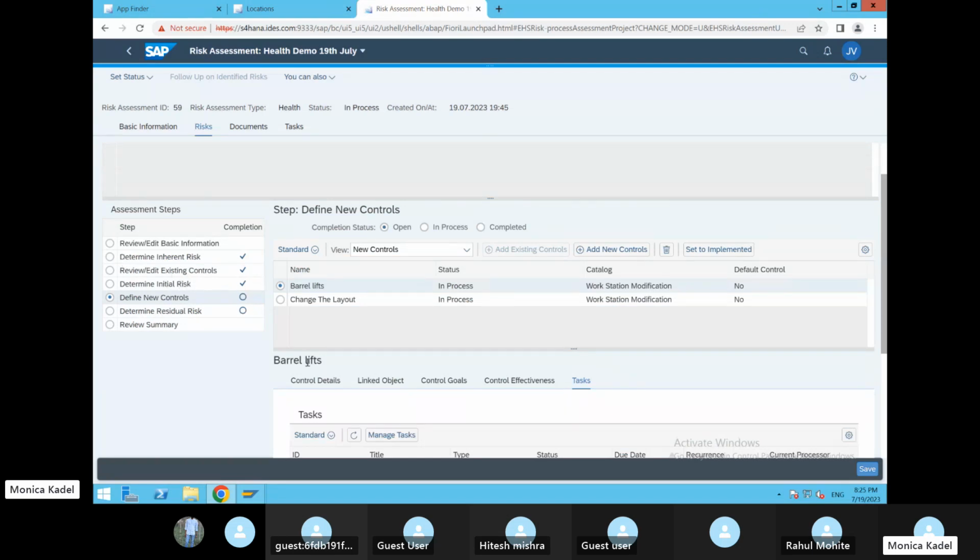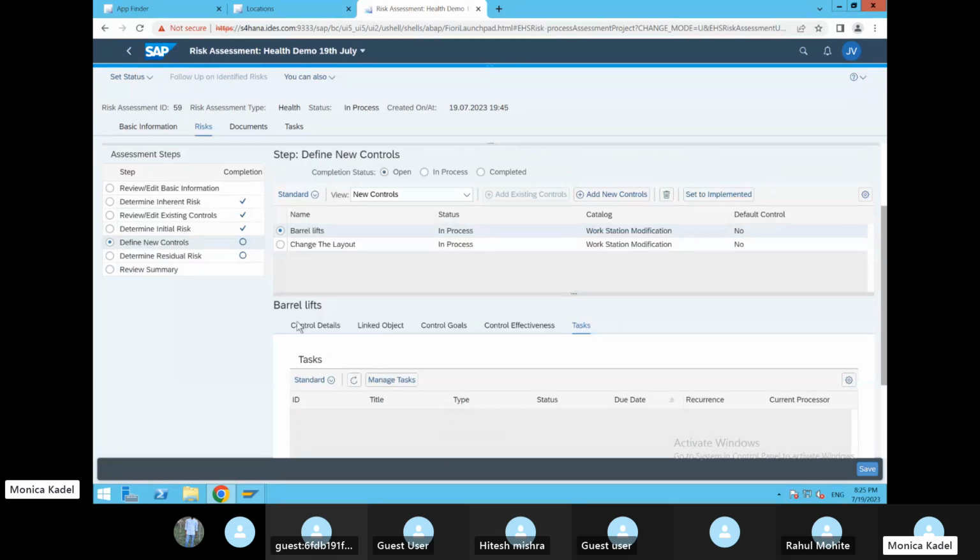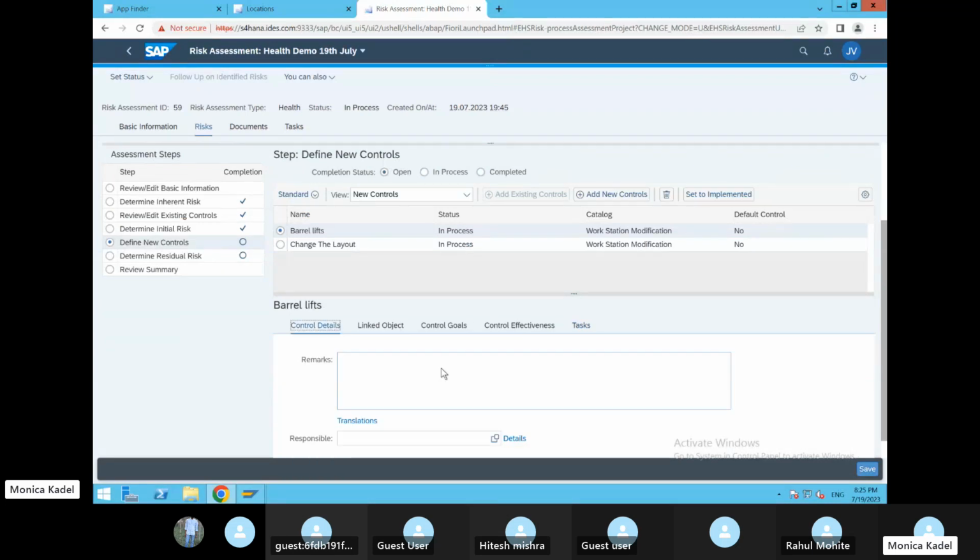Okay, now for each and every control, again you have to fill some data, the same data you filled for the existing one. Once everything is maintained, then you will make sure in your organization that these controls and measures are available for each and every employee, and wherever it needs to be applied, you have applied it. Once the responsible person has completed that part, then you will come into the system, whosoever is responsible, and set this control as